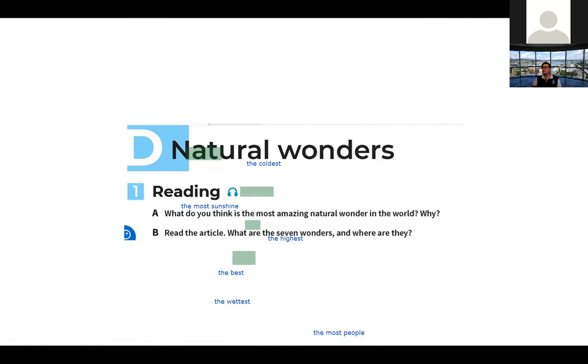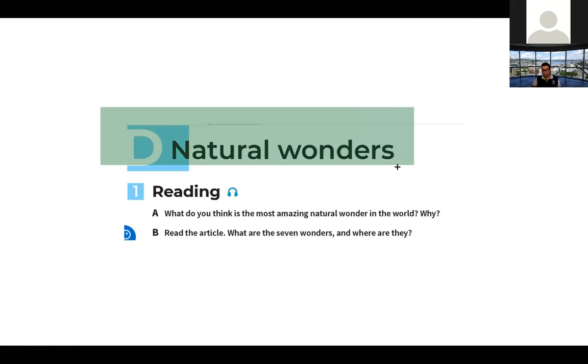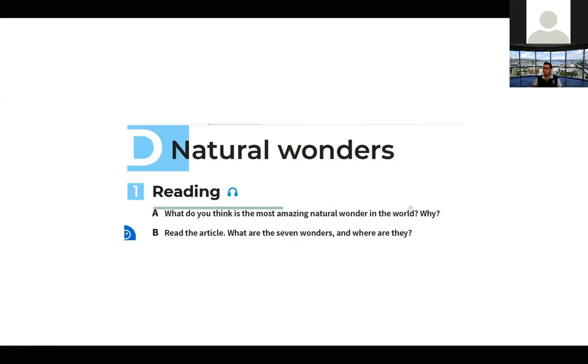Well, students, now we have to see something. We're going to talk about the natural wonders. Here we have a reading. It says, now, what do you think is the most amazing natural wonder in the world and why? No, for example, you can say Machu Picchu, right? Could be. But, oh, sorry, it says natural wonder. For example, Titicaca Lake could be, no?